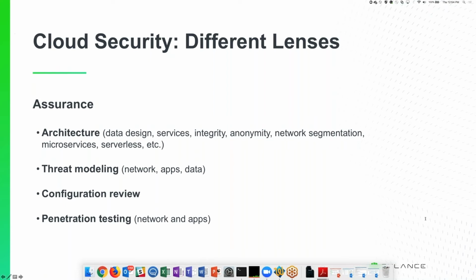Now, that being said, when we say cloud security, depending on who you're talking to, you're going to get very different understandings of what that means. So what I'm talking about is someone who works in development versus operations versus a CISO versus somebody who works on the legal team, right? So an example might be